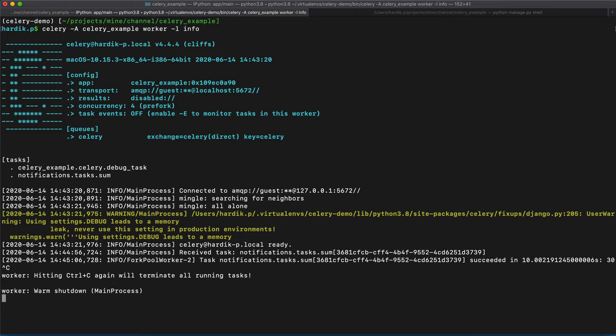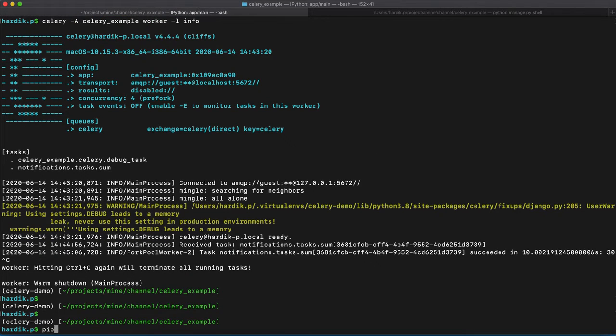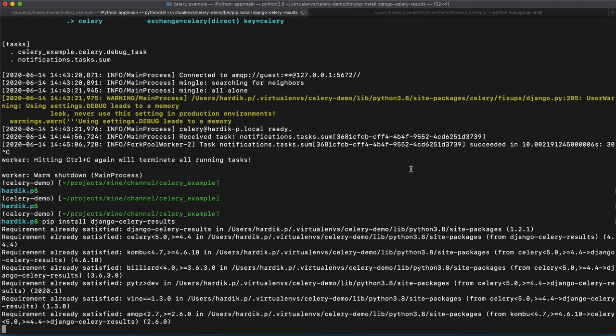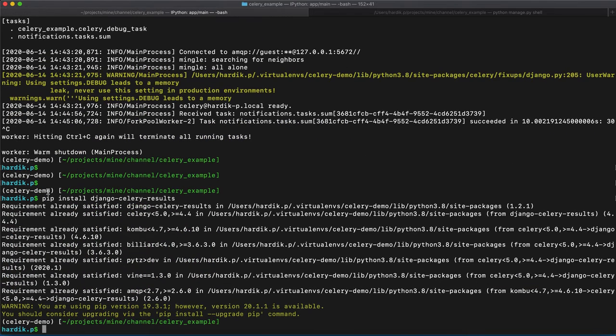I'm stopping this worker here, and we will install one package: pip install django-celery-results. In my virtual environment I have already installed it, so the requirements are already satisfied.